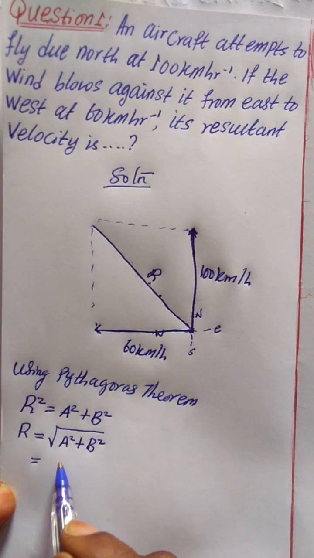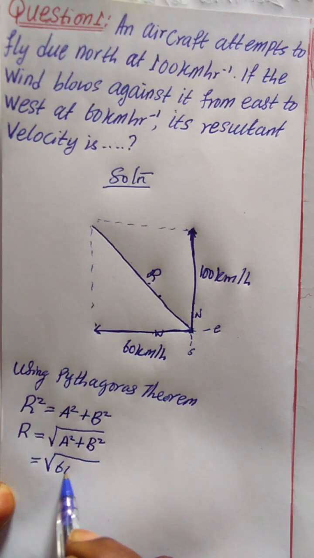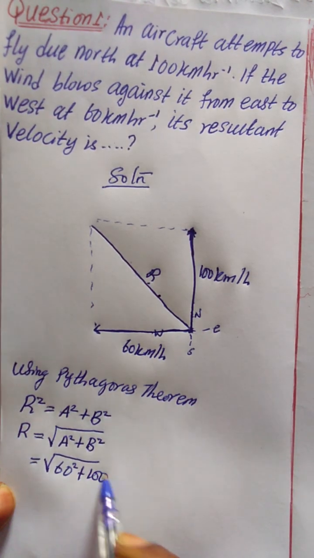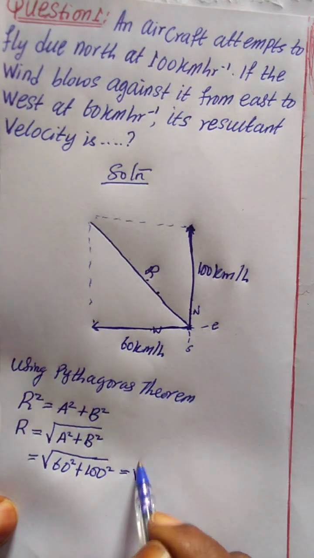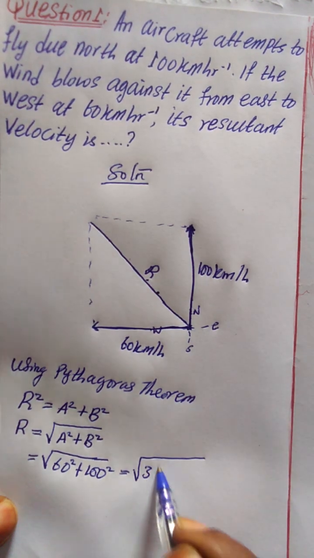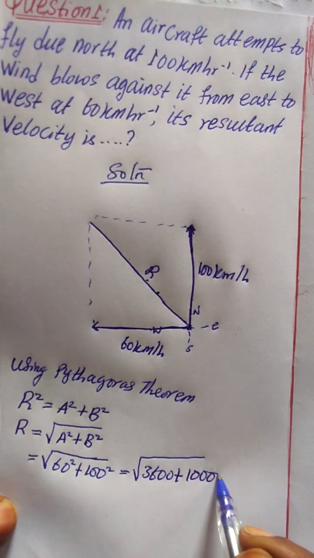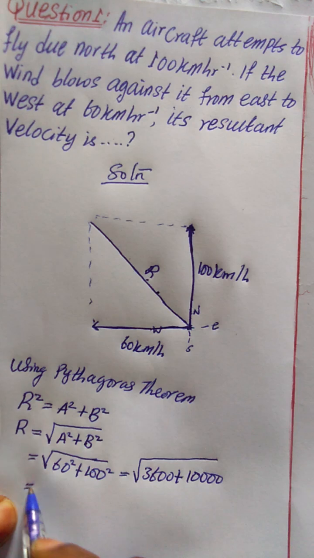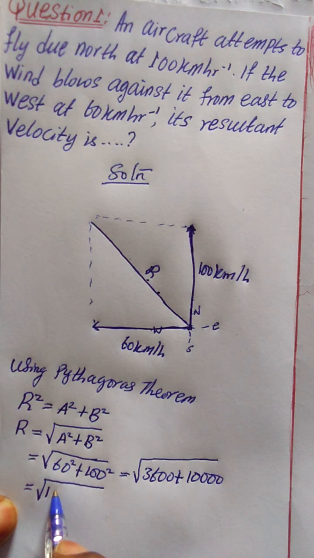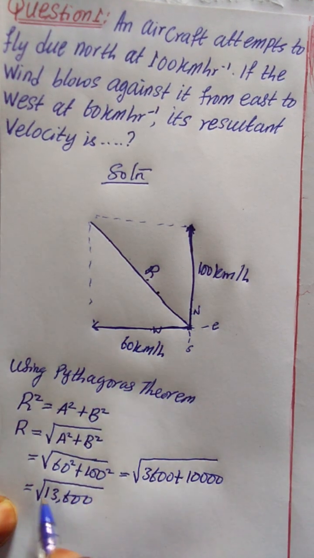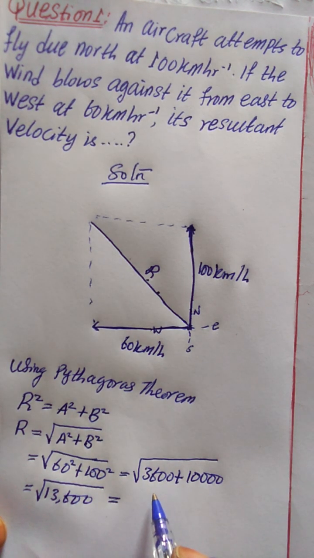Now we substitute into this formula. Let 60 be A. We'll have 60 squared plus 100 squared. Then 60 squared is 3,600, plus 100 squared is 10,000. So if we add them together, we have 13,600. So we find the square root of this, the square root of 13,600,